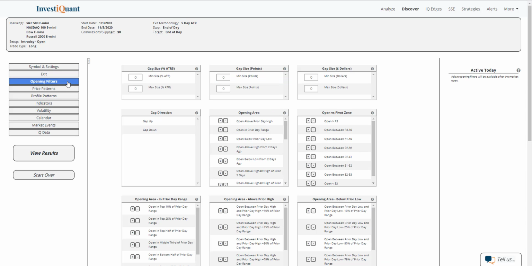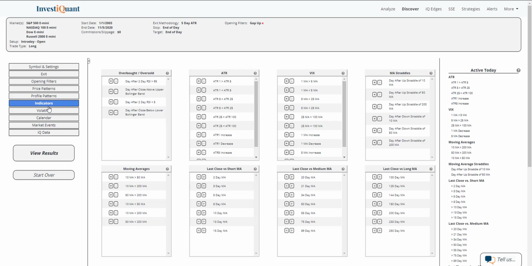For opening filters, we are up a strong amount this morning at the time of this recording. I'm going to assume we're going to stay up as a gap up this morning. This, I will tell you, is something that does have a bit of an impact on this study, exactly where we open. I'm keeping it a little bit more generic here for simply just gapping up, but you probably want to come in here and look at different locations, different sizes of gaps this morning, because that can have an impact. Typically, the smaller gaps are a little bit more bearish on this pattern, but we're going to be looking at all up gaps together here as we build this out.